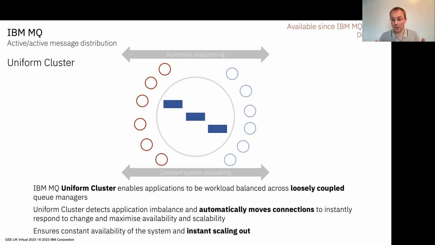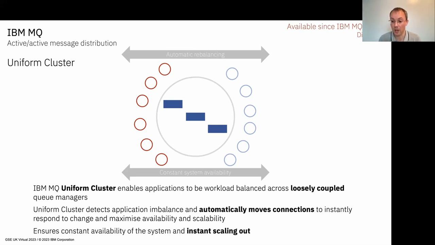Internally, it's still an MQ cluster, but because we now know that that's the pattern you want to run with, we can exploit that and start to be more intelligent around how we support the applications. So when you have defined that you're running as a uniform cluster, the queue managers will start sharing with each other the applications that are connected to them. And then we will redirect applications to reconnect so that they've got an even distribution across the queue managers